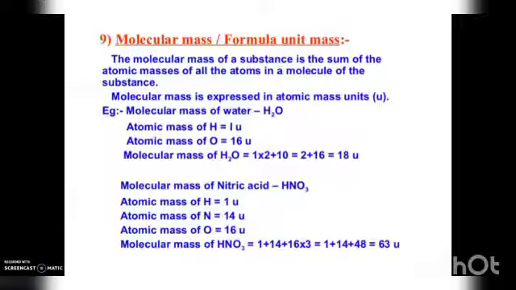As we discussed earlier, we know what molecular mass is. We can define molecular mass as the sum of the atomic masses of the constituents in a molecule. For example, if we take the H2O molecule, it is made up of hydrogen atoms and oxygen atoms. If we calculate the sum of the atomic masses of this hydrogen and oxygen, we get the molecular mass of the molecule. So, if we know the atomic masses of such atoms, we can easily calculate molecular mass.